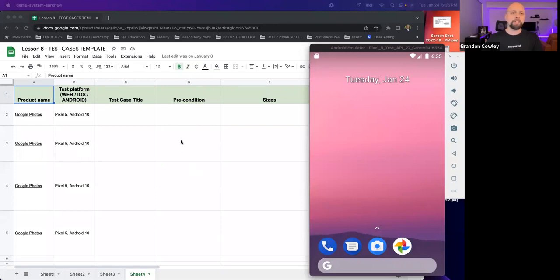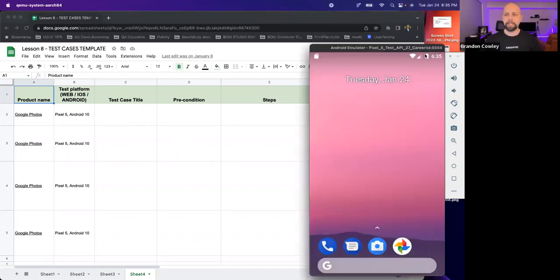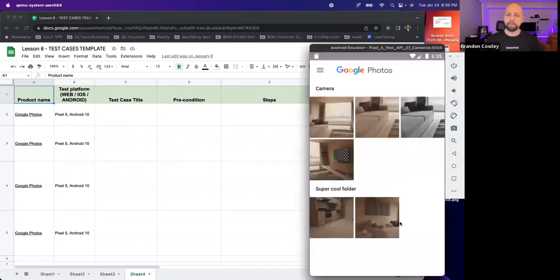So what we want to talk about is writing test cases. And the way that we write test cases follows a pattern. It follows a formula. It's very repetitive. And as long as you can understand the pattern of what you're looking to do, it's very easy. So what we'll do tonight, I think, testing Google Photos is probably the easiest thing for us to test, right? It's a photo album. Everybody knows how this thing is supposed to work. Everybody has taken a photo on their phone and they have a decent understanding of what they do with all the photos that are stored in there, right? So let's use Google Photos as our example here.